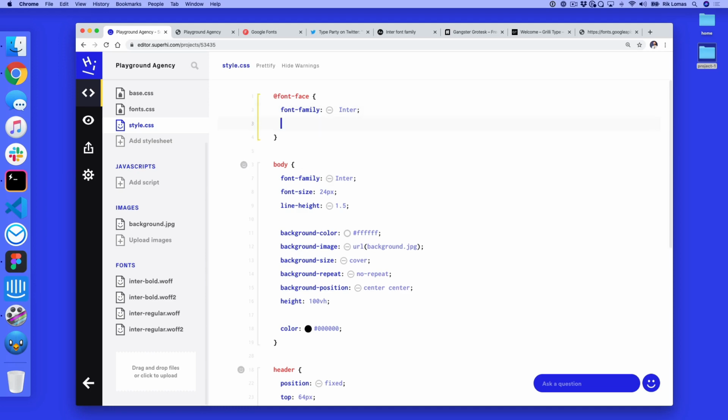Underneath here, what we're going to say is source. Where is this source? Where does this font live? And I'm going to use a colon and a semicolon. And in here, I'm going to write URL and then round brackets. So round brackets just means where this URL is. Where is this URL? Well, mine's called